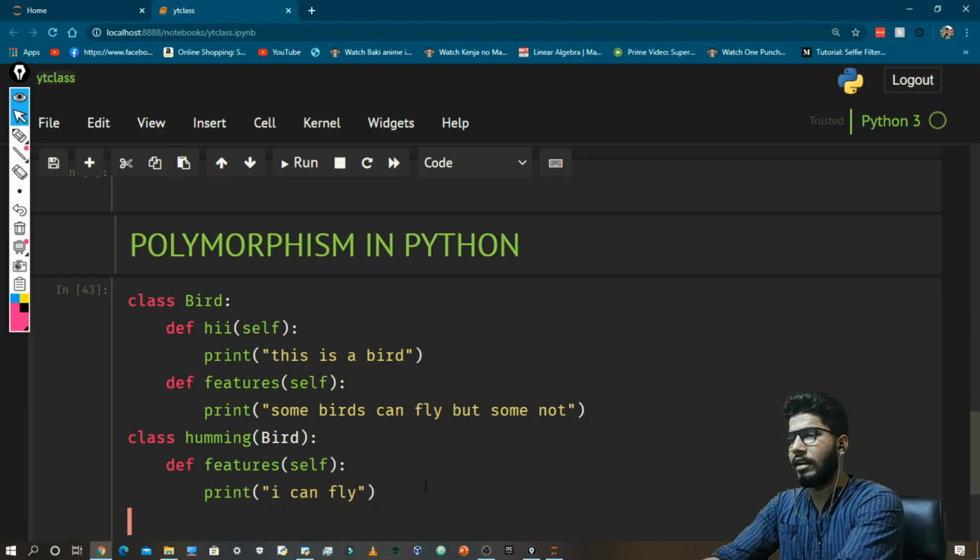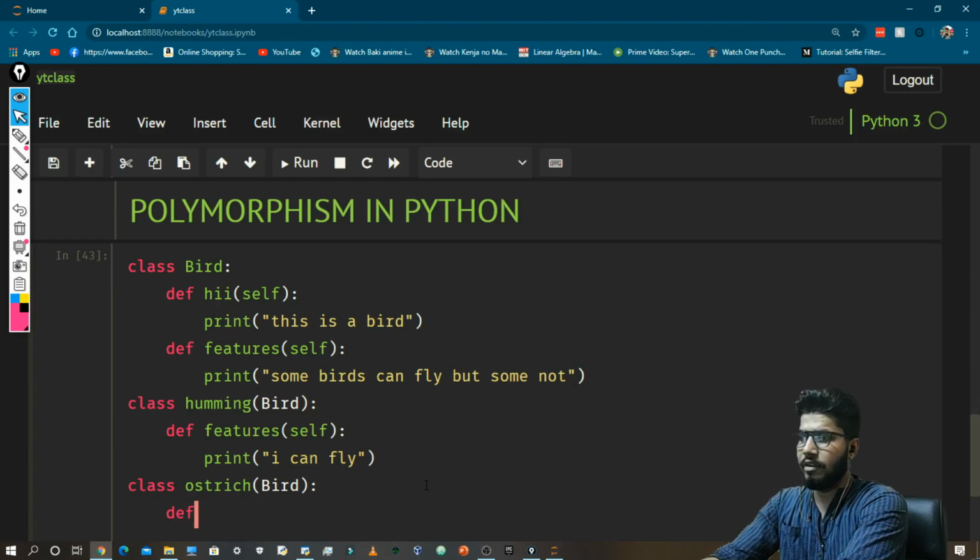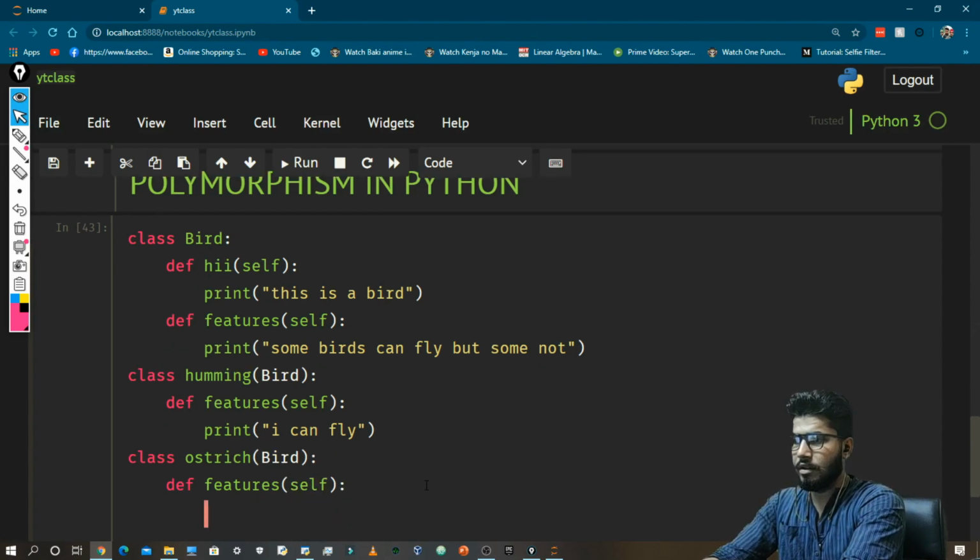Now I will create another class, let's say Ostrich, and here again I am going to inherit the Bird class, and here I will again use the same function with self, and print, I cannot fly.